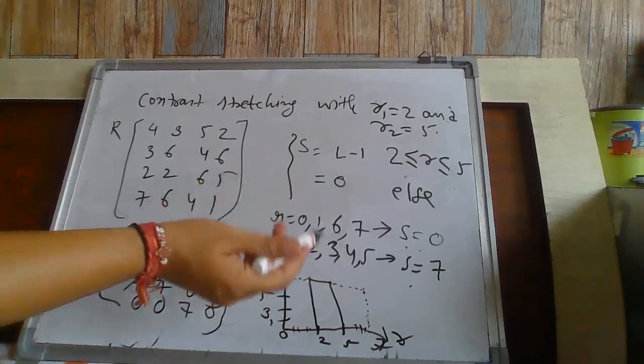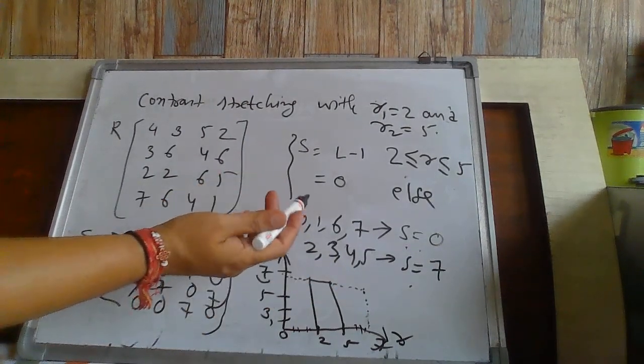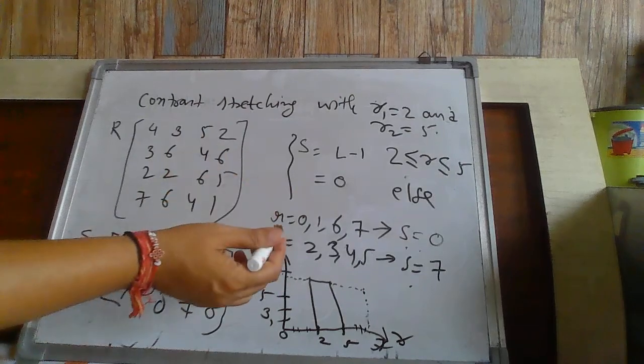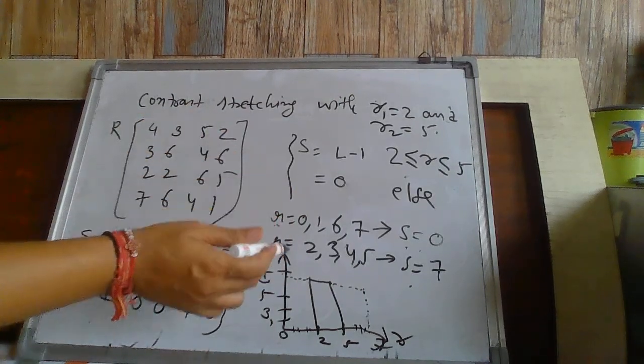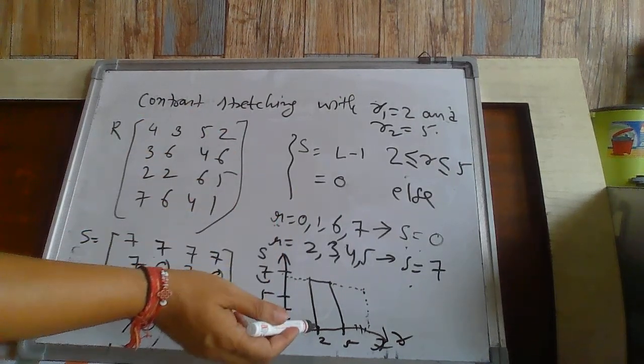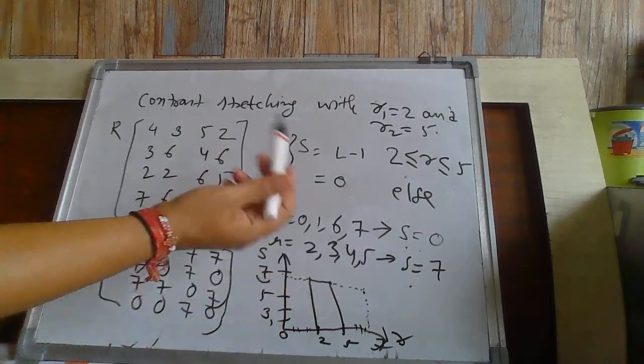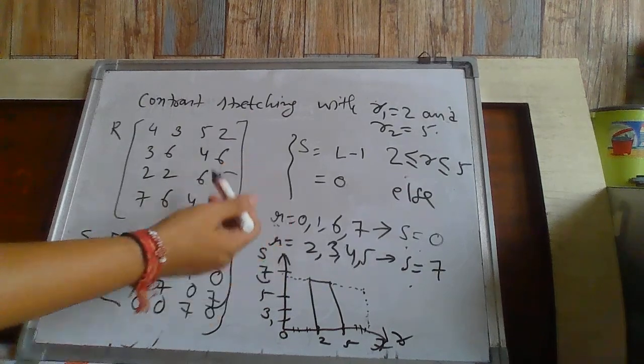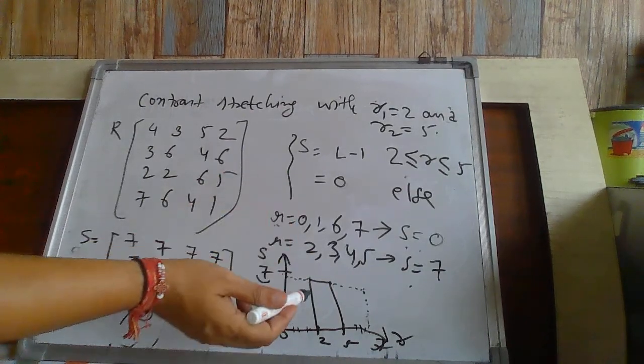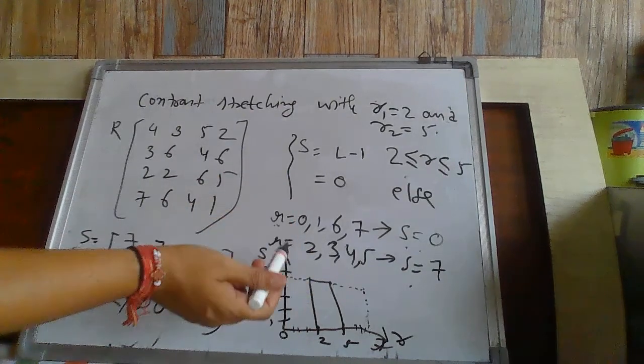Now we will see one more question on contrast stretching given the formula of slope, because this kind of contrast stretching is like clipping some portion of the input image and trying to enhance that portion. So this is more or less enhancing a particular section, or clipping those particular pixels.